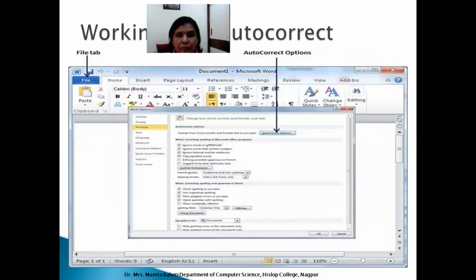Now one more option we will learn here, that is autocorrect. What does autocorrect mean? Suppose I am typing and I am expected to type THE, but I am typing TEH. Every time I may have a habit of typing TEH, and I want it to be corrected as THE. Every time we would have to do the spelling checking, so it doesn't make sense. Every time it kills your time.